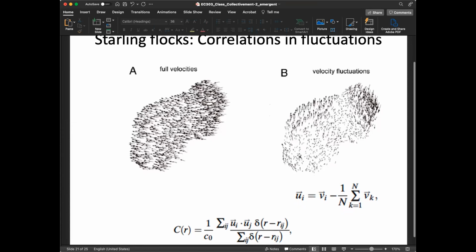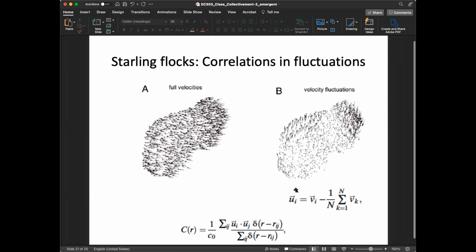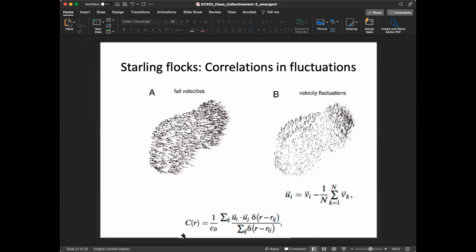spatial lag. What if you consider a large spatial lag? This is, let's say, the correlation between this part and this part. The correlation will be very small, right? Because they are now very far away. So you expect C(r) to decay with distance. Do all of you agree with that? So you expect this correlation to decay with distance. Okay.